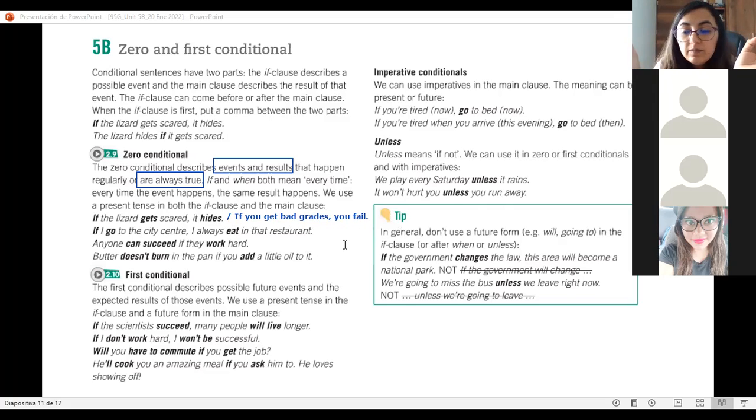Can you guys tell me in which tense is the verb in both clauses? ¿En qué tiempo están los verbos en ambas partes de la oración? What's the tense in the zero conditional? ¿En qué tiempo están los verbos en el zero conditional?